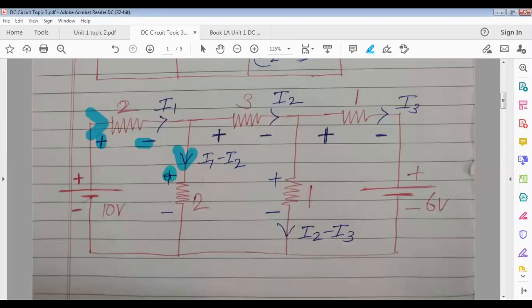Now see, current through 2 ohm is entering this side. That's why in the polarity of voltage drop across it, this terminal is positive, another negative. I2 entering over here. That's why this terminal positive. I3 entering this side. That's why this terminal positive. And for I2 minus I3 likewise. Got it? Polarity of voltage drop across each. Everyone mark. Any difficulty with this?